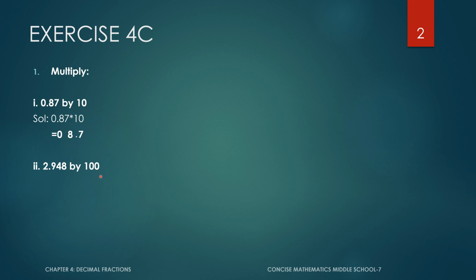2.948 by 100. Now we are going to multiply these two numbers. And how many zeros are over here, children? Two zeros. So this is how the point is. Point is after the 2. Right, the point is over here, so we need to move this point 2 digits to the right side, since we are going to multiply with 100 and it is having two zeros. So this point will be moving 2 places